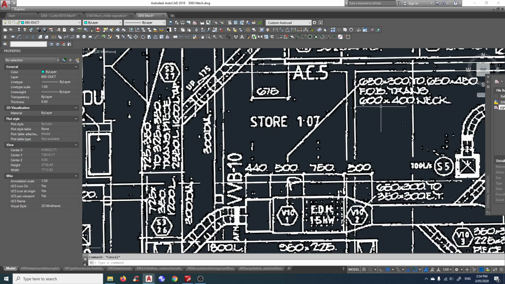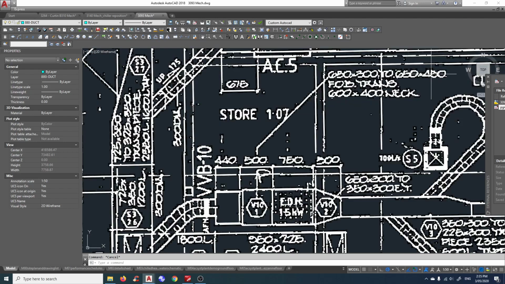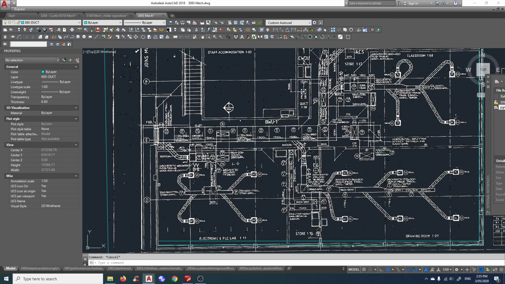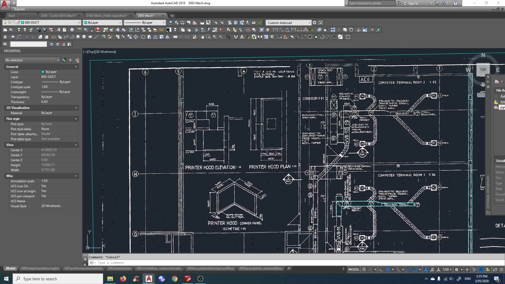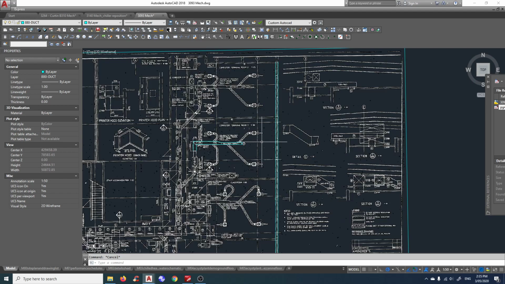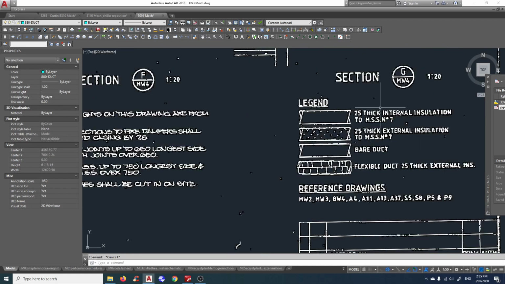You don't have to write this one down. I don't really need it, okay, because it's there, it's installed. But you can write 650 by 300 to 650 by 450. Just write that one down. And I think that's it. You don't have to do these notes. Don't really need the notes. Don't really need the legend. Okay, it's already there. But just bear in mind,